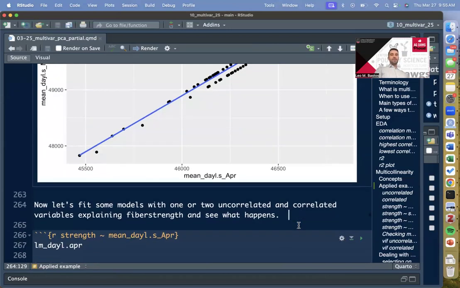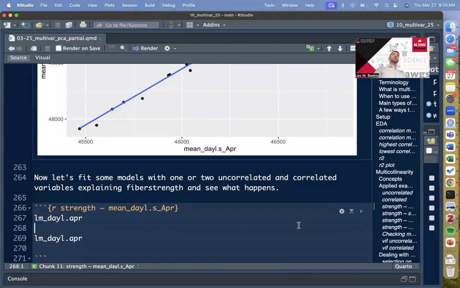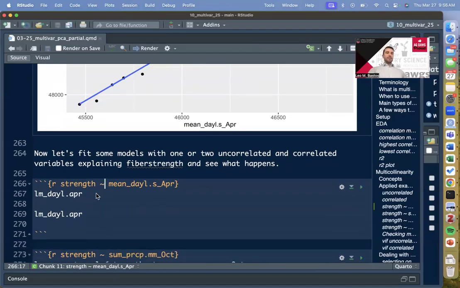Now, I do want to fit some models here, to really go through this very simplistic example for us to create the understanding of how multicollinearity is changing the results of our models, and how that is a problem. So if you come here to the next chunk, we're going to run a model that is basically going to be,